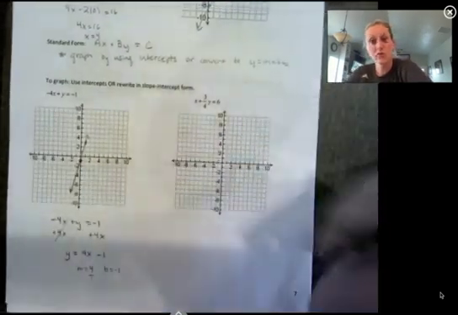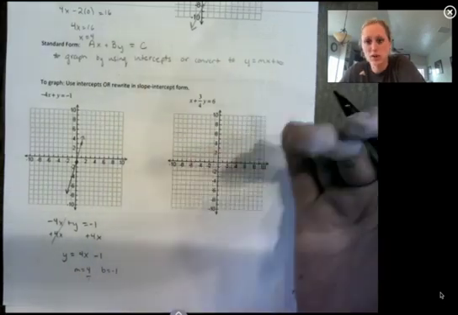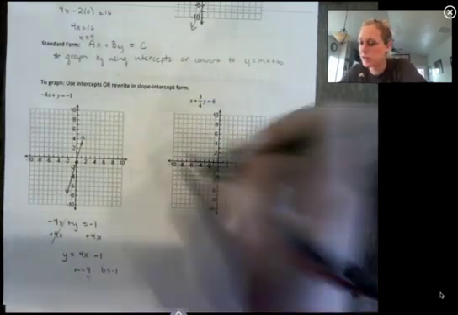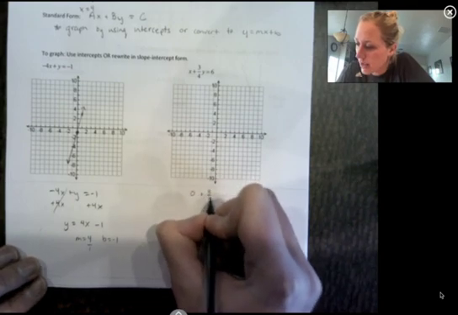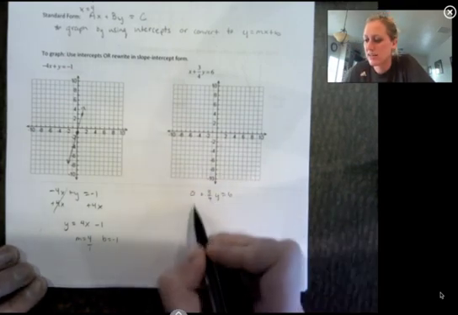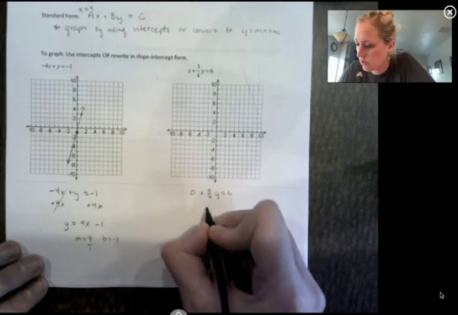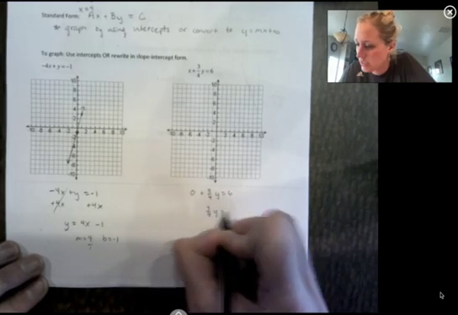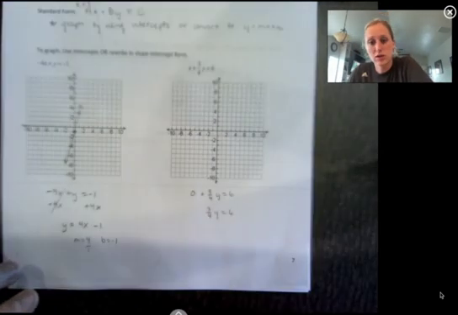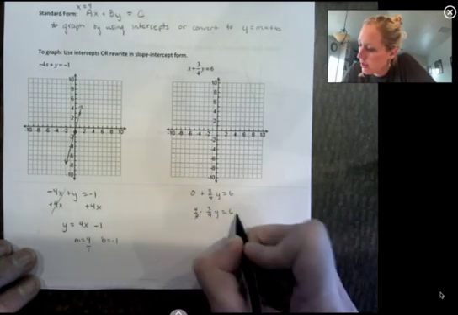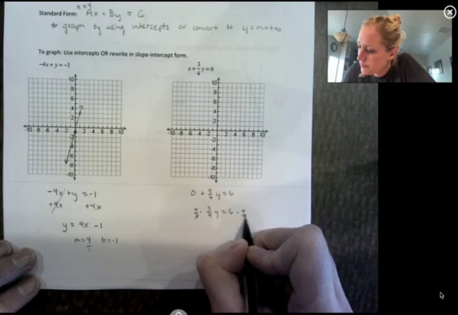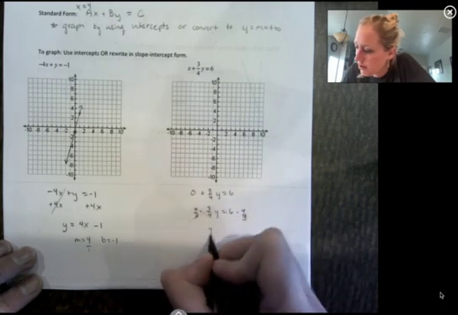Okay, this one I'm going to use intercepts that we just practiced, so I'm going to take turns plugging in 0. So I'm going to plug in 0 for x first. So 0 plus 3/4 y equals 6. Again, the 0 doesn't really change anything, so 3/4 y equals 6. To get rid of a fraction, we're going to multiply by its reciprocal, so 4/3, 4/3. So those will cancel, so I have y equals